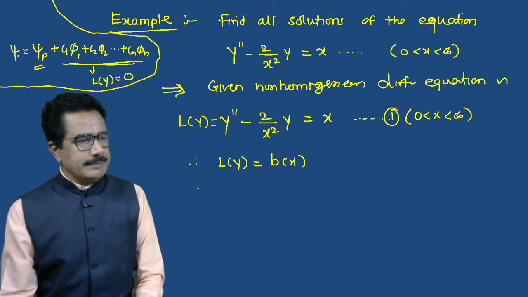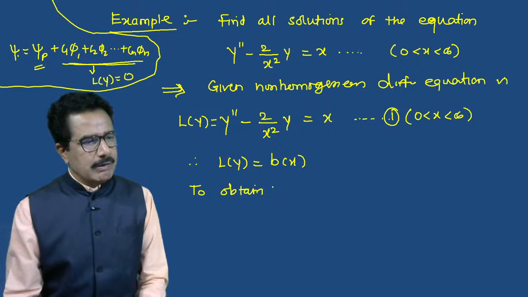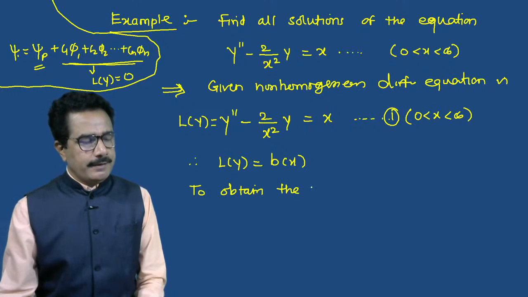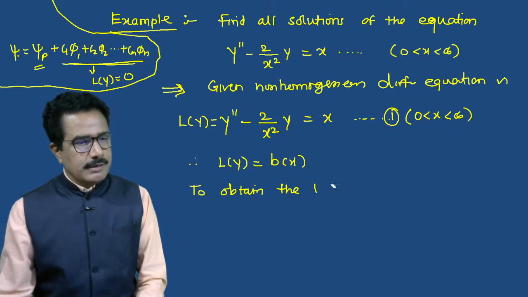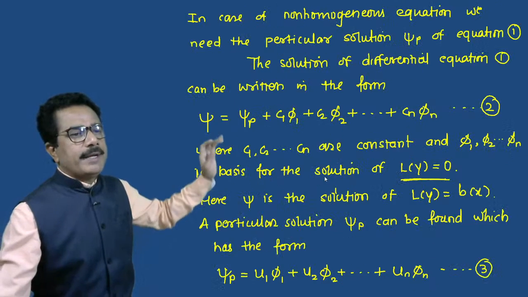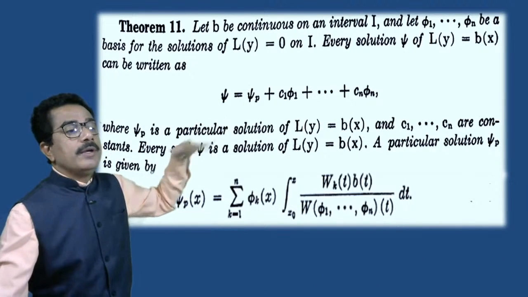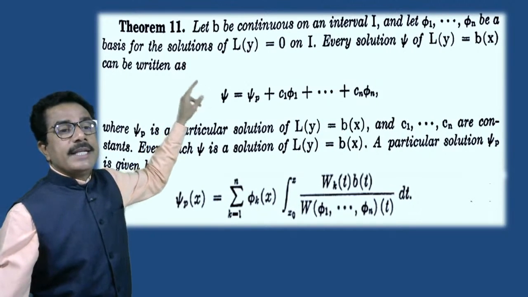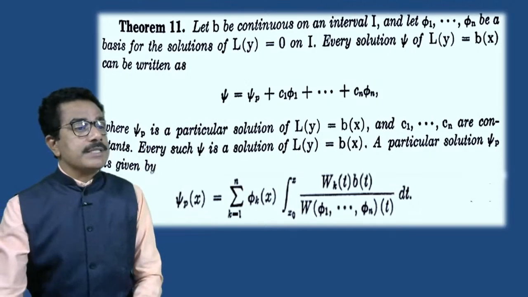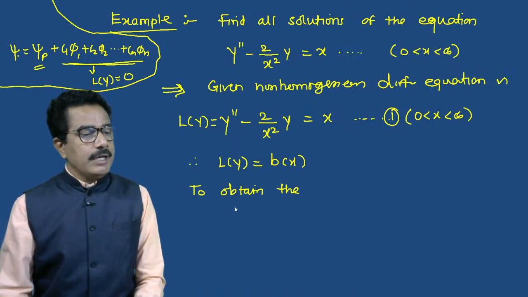Now to obtain the independent solutions phi 1, obtain the solution in this way. See this, to obtain the solution that is phi 1, phi 2, basis solution, to obtain here theorem, see this, let phi 1, phi 2, phi 3 be the basis of the solution of L of y. So सबसे पहले वो हमें यूज करना है, to obtain